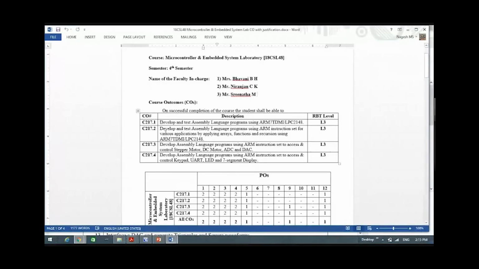The second course outcome is to develop and test assembly language programs using the ARM instruction set for various applications. You can make use of arrays, functions, and recursion in order to write an assembly program, that too using the ARM instruction set. This has to be done using ARM7 TDMI. You have to execute and test them using the ARM7 TDMI/LPC2148